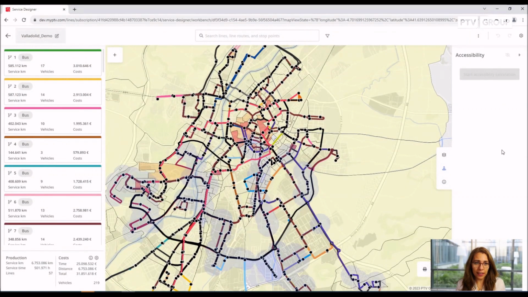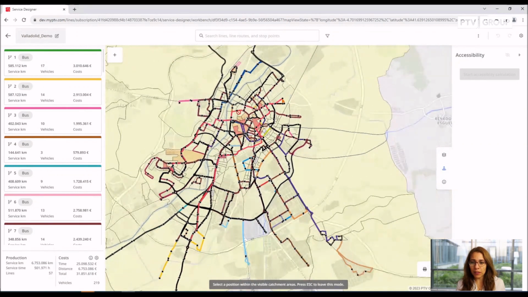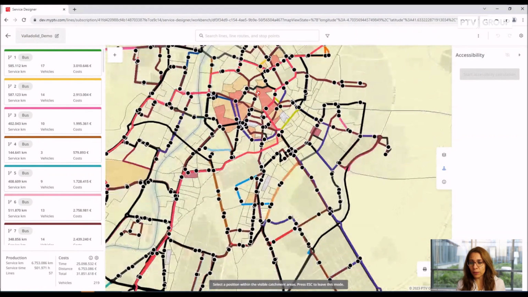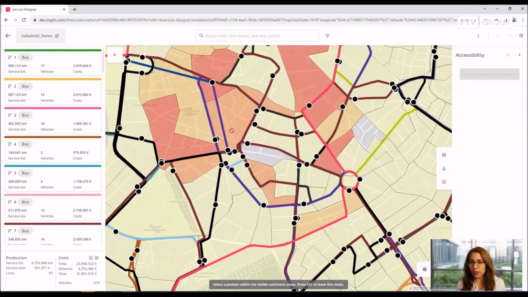By starting the accessibility calculation, you see the area where you can put your isochrone. I want to check if all the people in the city, all the population, can reach the city center with public transport. This is the area where most of the nightlife is happening, where most of the restaurants and bars are. I put my isochrone point here and I say,